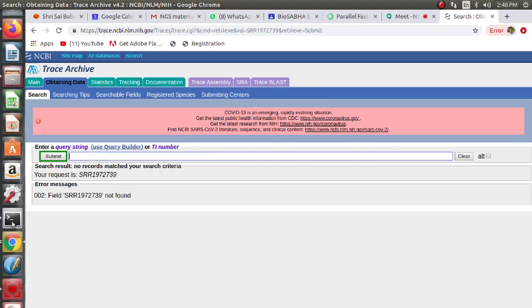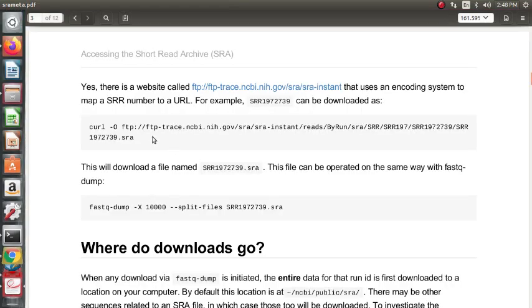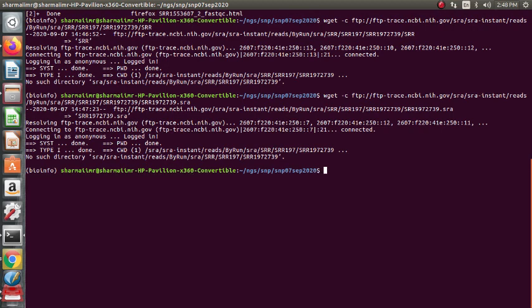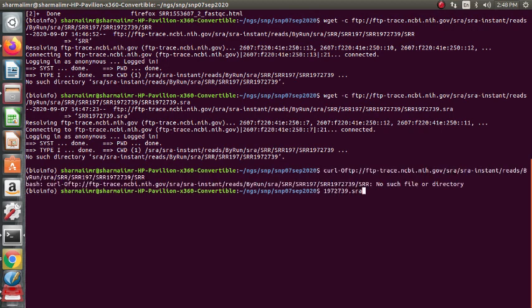Okay, we'll check this link again once more, or see if it can be done using curl. Mostly these are all static links, so they should be preserved.